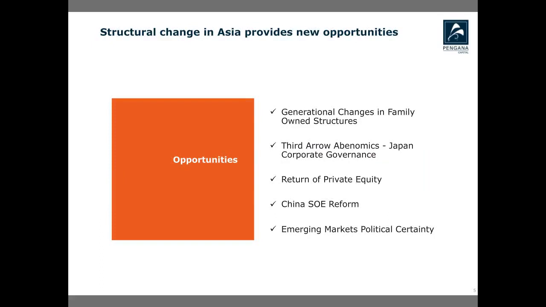The universe is fairly wide across Asia, and there are many underlying themes which are driving opportunities, and we'll go through that on page 5 of the presentation. These are the 5 major themes which we feel present very attractive trading opportunities in the foreseeable future. I briefly touched on holding companies in the earlier slide, but what's really driving the price inefficiency is that a lot of these companies are planning for generational changes, and in doing so are undergoing corporate activity which presents very unique trading opportunities.